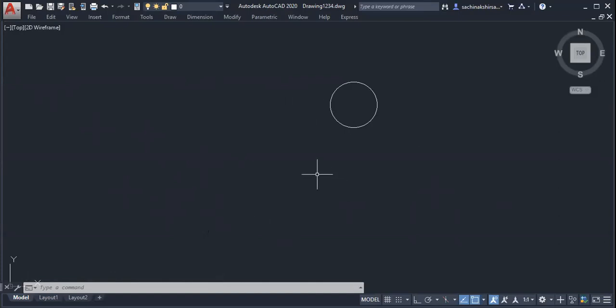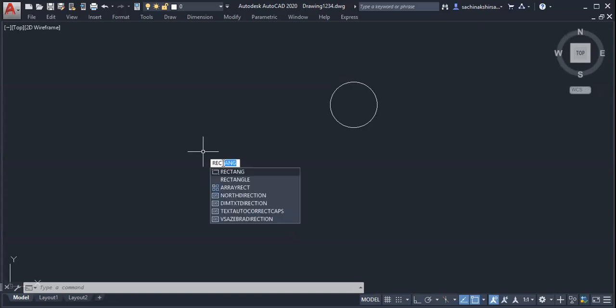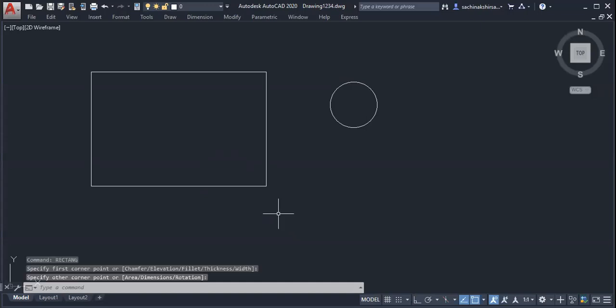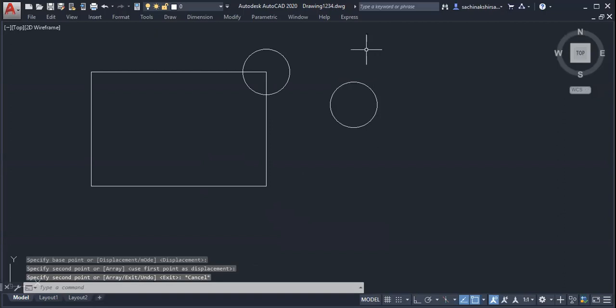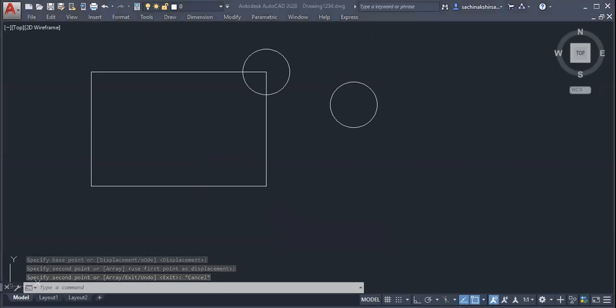The important thing here is to specify a base point, the point about which you want to move or copy. Suppose I have drawn one rectangle, and in one of the corners there is a circle.